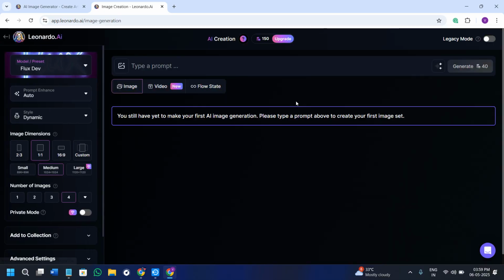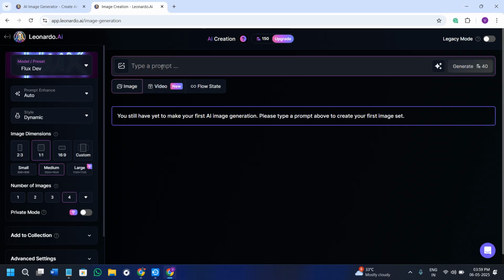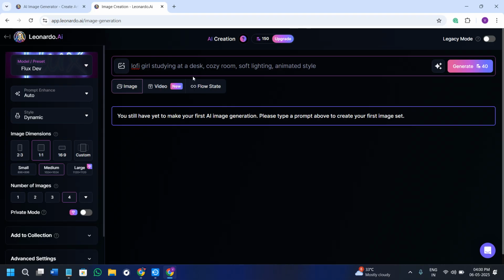Now over here, click on the image option and then you will be landed on this image section where this is the prompt section where you will have to provide a prompt. So your prompt can be anything. For example, I write this prompt that is lo-fi girl studying at a desk, cozy room, soft lighting, animated style. So you can tweak the prompt for different moods like a rainy window, nighttime city, or even a pet sleeping